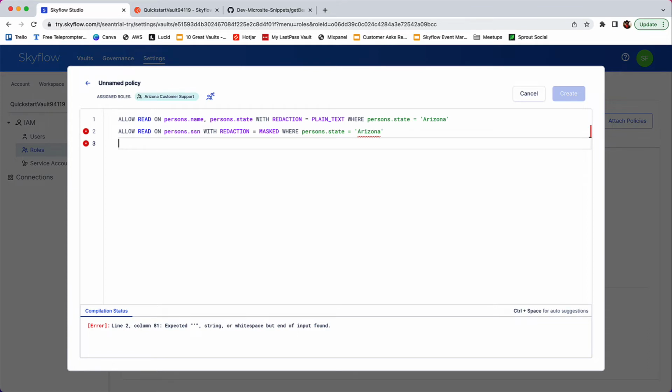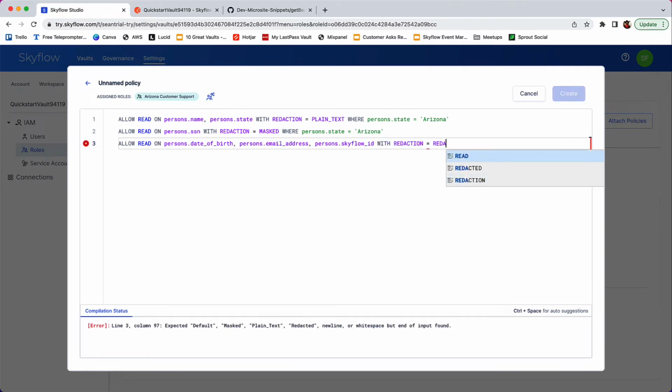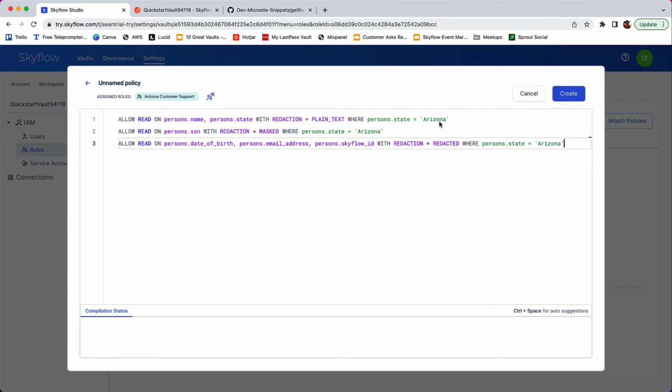This time, let's type in allow read on persons.date of birth, persons.email address, persons.skyflow ID, with redaction equal to redacted, where persons.state equals Arizona. So we are giving access to the final columns in the table, but redacting all the data and restricting to people just in Arizona. You can also refer to all columns in the table using the table name and .star, just like you might in an SQL statement. Now that we have all the policies written, let's go ahead and click on Create and